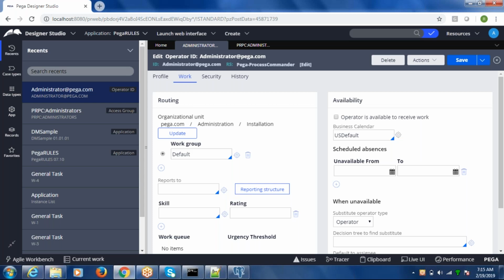There could be multiple units, and whoever logs in as a user has to be part of some organizational unit. So in that way, whatever applications we create, we have to specify a specific organization, division, and organization unit.